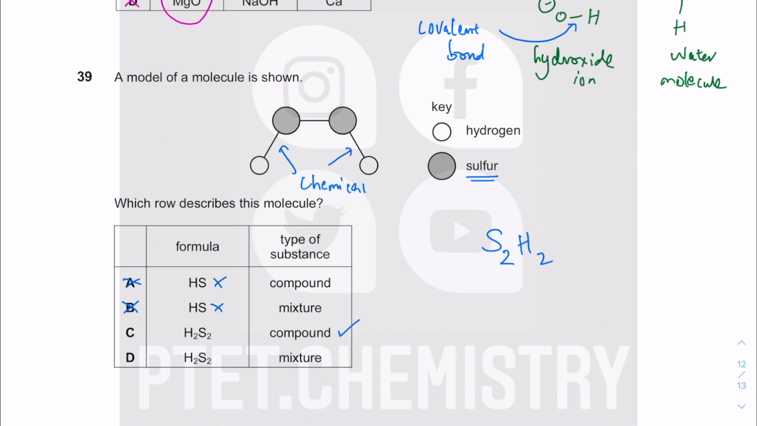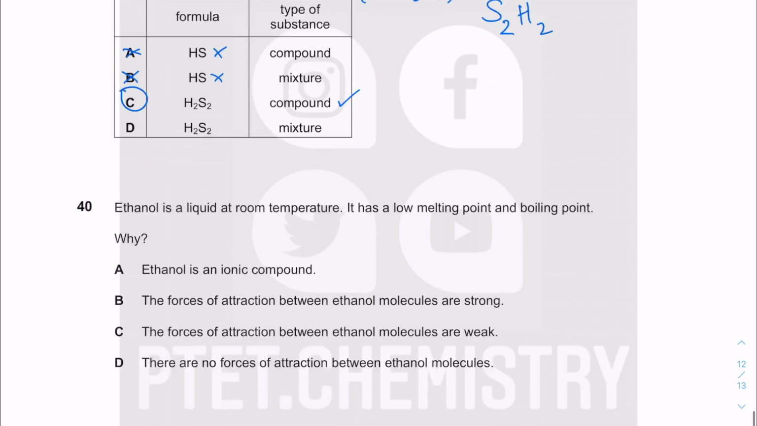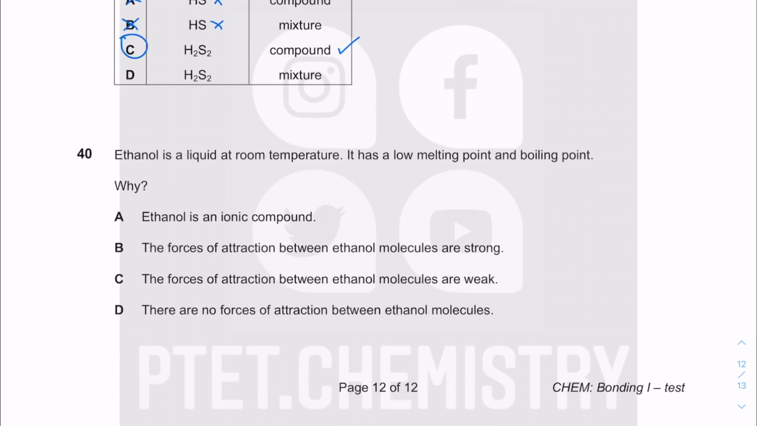Chemically combined because there is a chemical bond, a covalent bond. Okay, so it's a compound there. Last question, finally. Alright, ethanol is a liquid at room temperature and pressure. Ethanol is